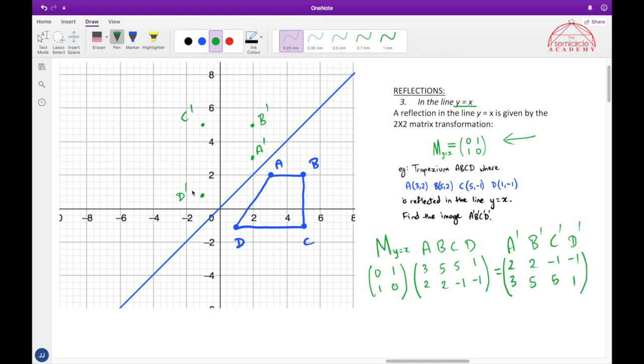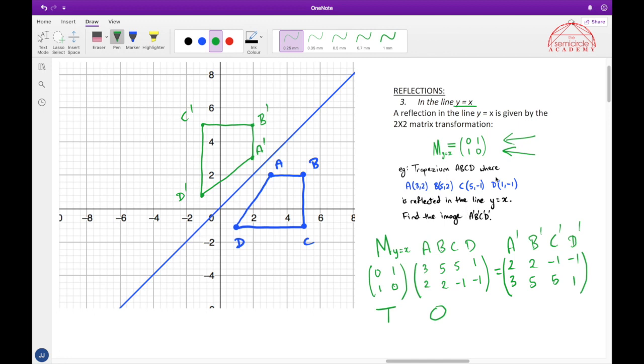around here. So if we draw this diagram here now, we could see that this image is a reflection of our object in the line y is equal to x. So again, please note that you have to put your transformation before the object in the multiplication, and you also have to make a note of this special 2 by 2 matrix that represents a reflection in the line y